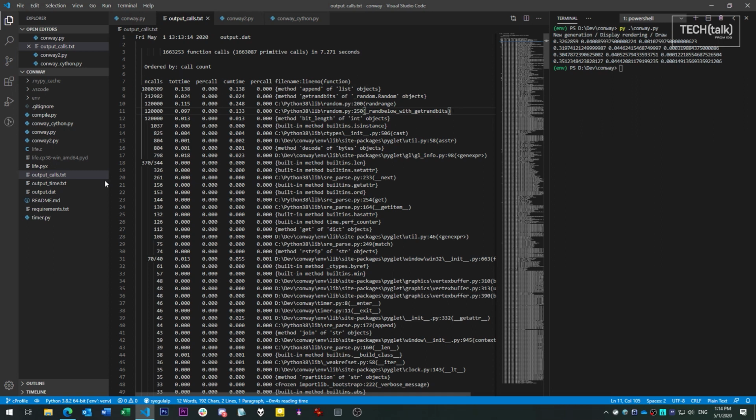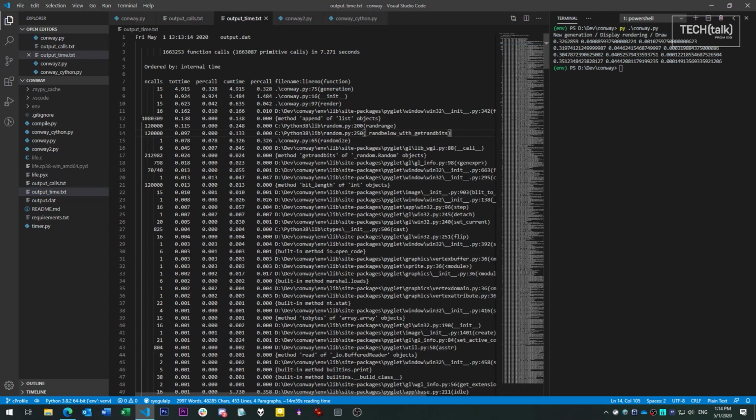Now let's look at the second report, outputTime.txt. It has the same multi-column format and the same values in each column, but here it's being sorted by total time spent in the function. That's the most useful statistic to have for this particular program because we can now zoom in on which functions are the slowest overall. Here, it's the generation and render functions. Their per call times are agonizingly slow, so those would be the best places to start optimizing.